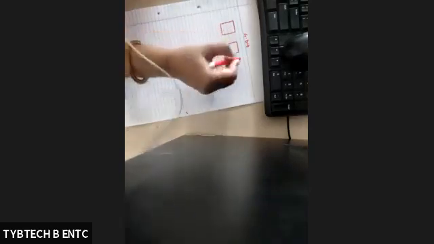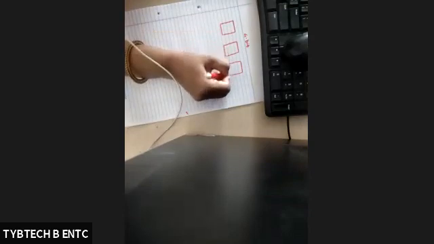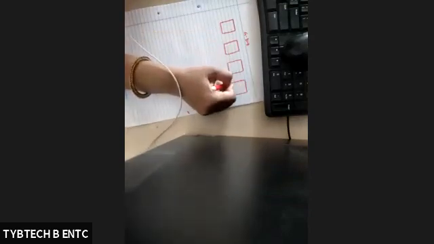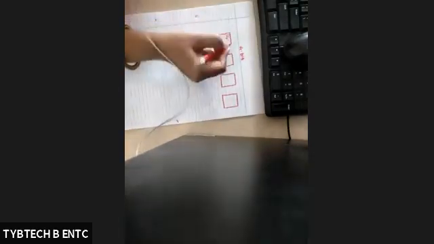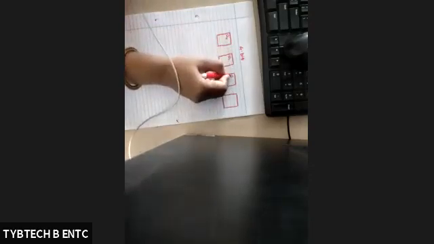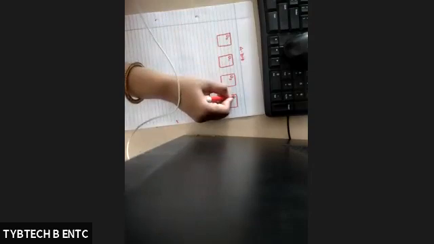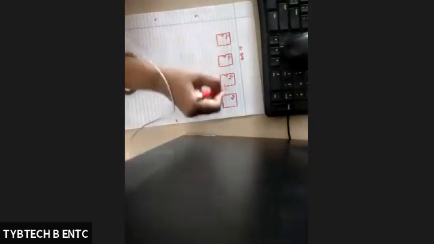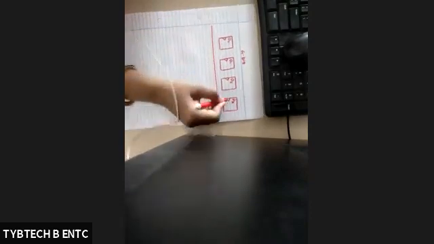So suppose I want to store 4-bit data, so I need 4 flip-flops, right? Because one flip-flop will store 1 bit of data. So these are the 4 flip-flops. Here the basic flip-flop I am using is the D flip-flop. So the inputs are D0, D1, D2 and D3, right? The common signal for these flip-flops is the clock signal. So the clock is applied to all flip-flops.